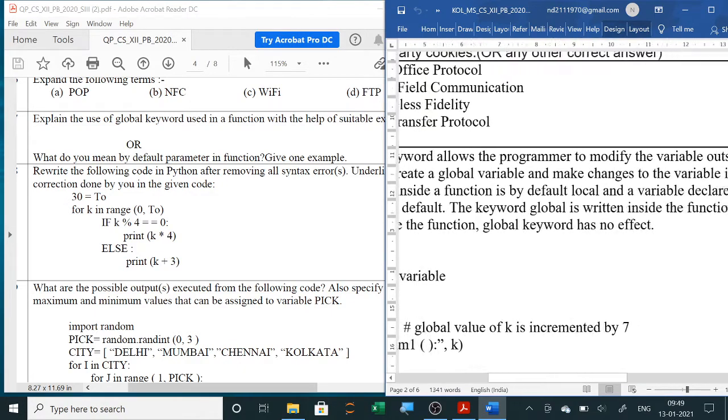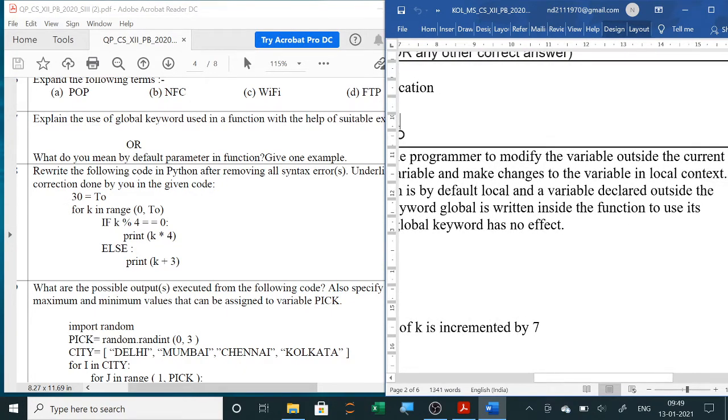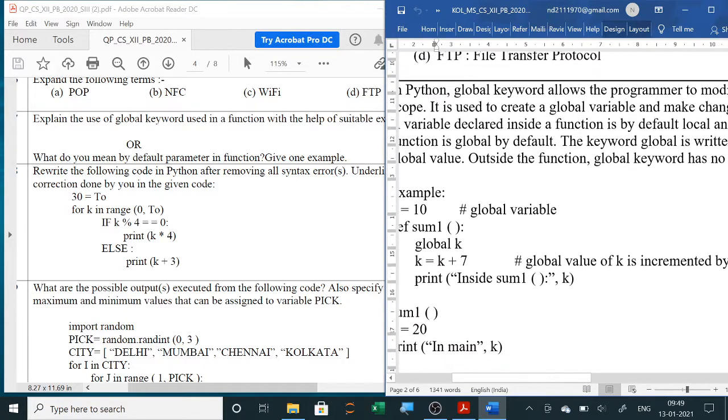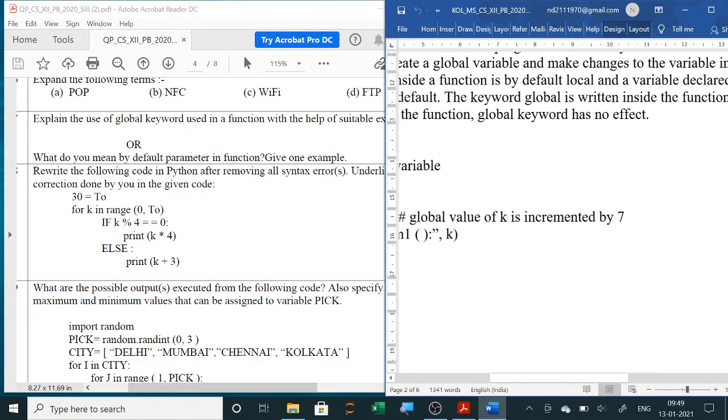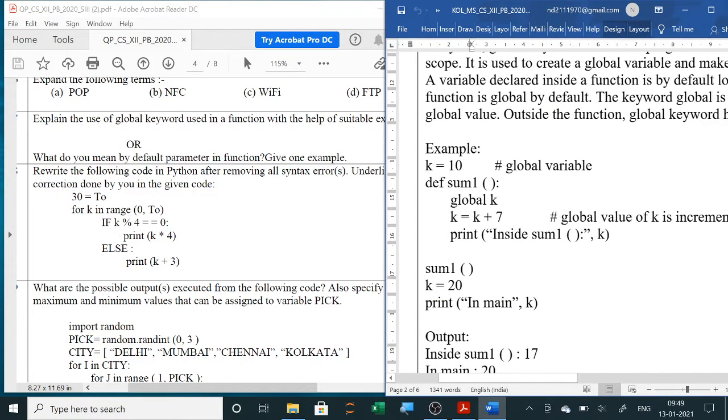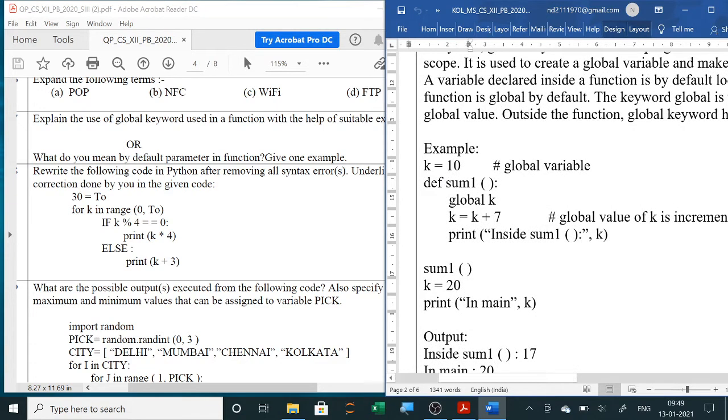The keyword global is written inside the function to use its global value. Outside the function, global keyword has no effect. So inside, if you are writing here global k, it means now this k with this new value can be used outside also.